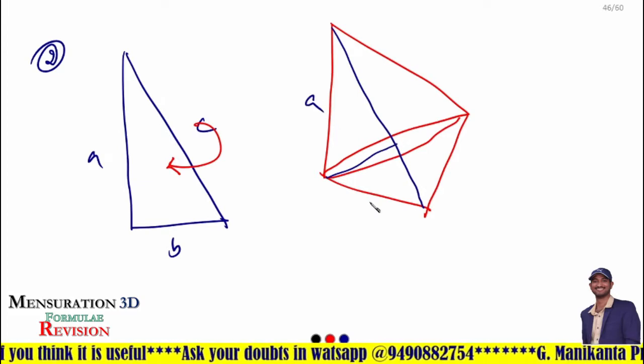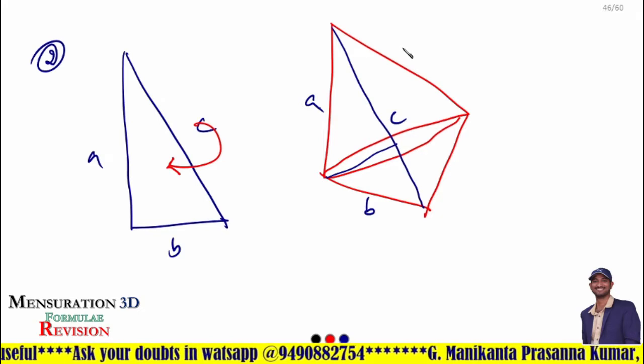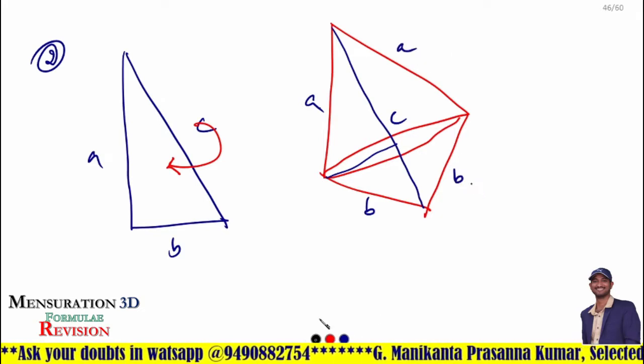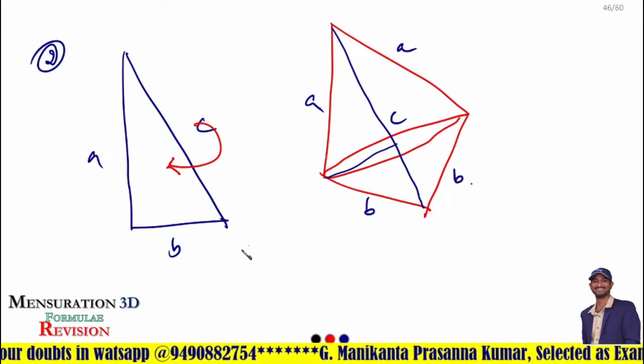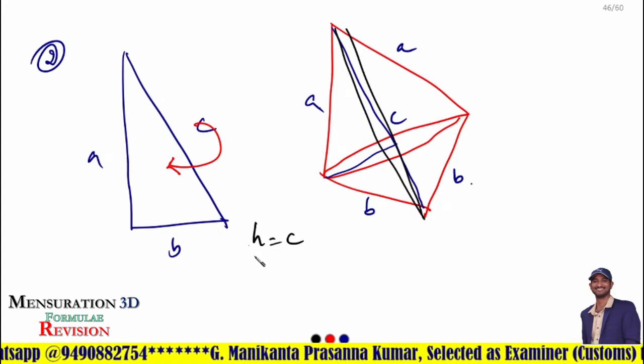Okay. It is A and it is B and this total length is C. So if it is A, then it is also A and it is also B. Now tell me, here you have to remember some important formulas. The height of this double cone is C. Height of the double cone is